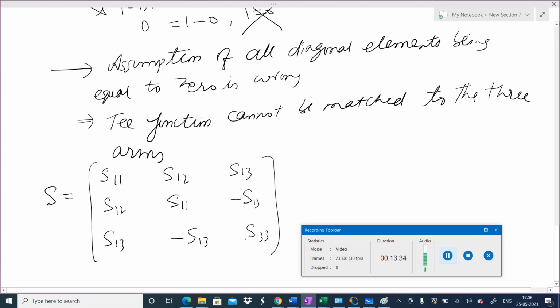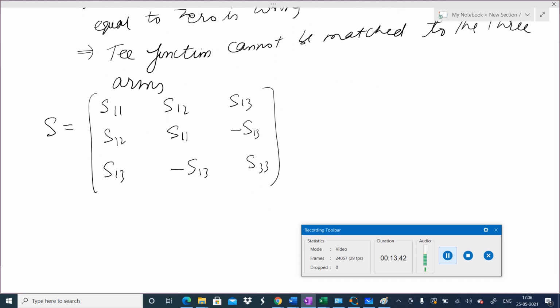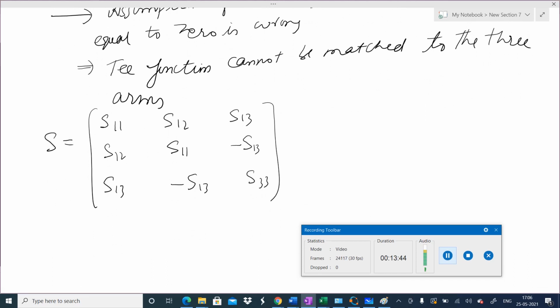From the S matrix you may have to compute some quantities, and there are some T's given on the junctions in the book. Kindly read them. They have similar analysis. H plane T, and then we have magic T. Magic T has 4 ports, and is very simple. You can easily get the idea how the S matrix there is computed.